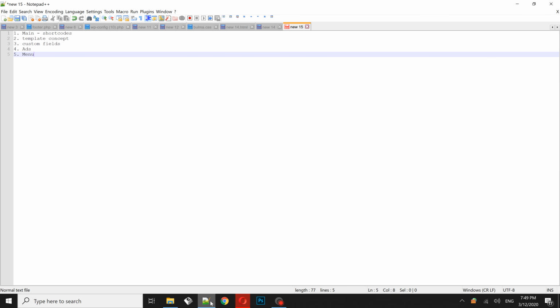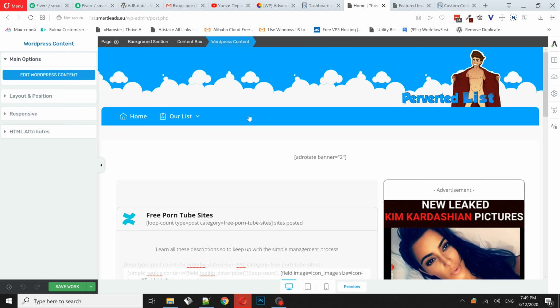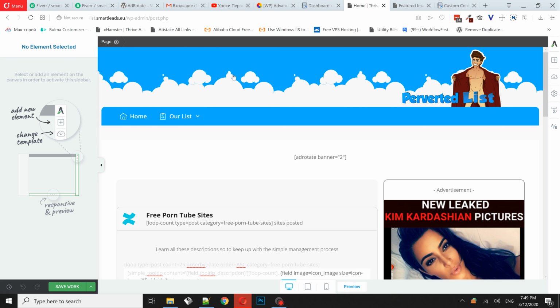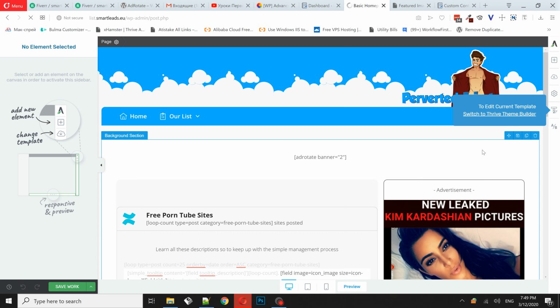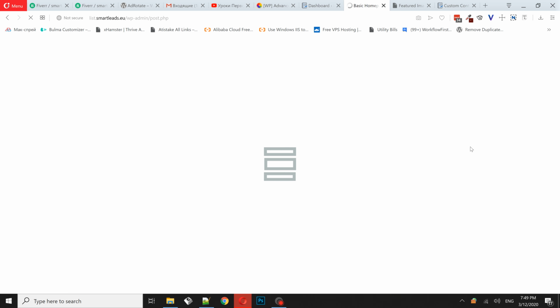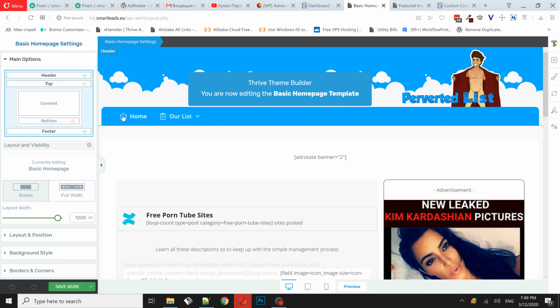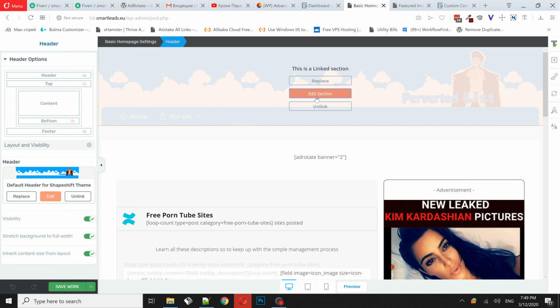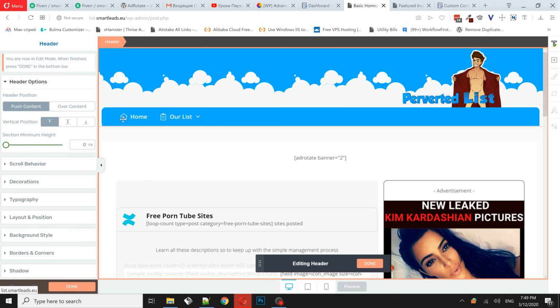So what else? Main template concept, custom fields, ads, and menu. Okay, menu, also menu. So here we switch into Thrive Theme Builder to edit a template, and then to show you just one point in the menu. So here, edit section, and then you've got here